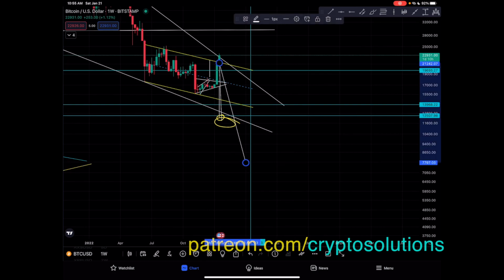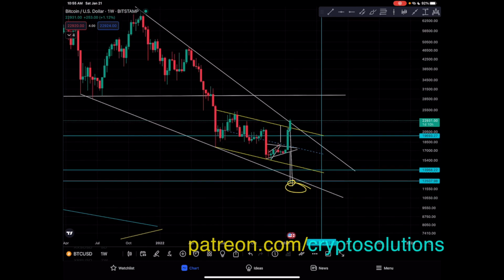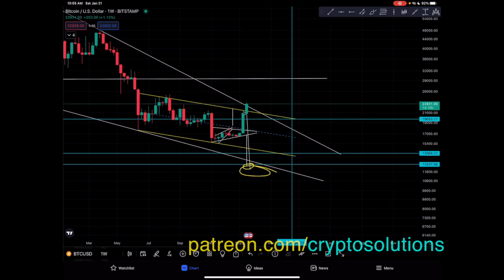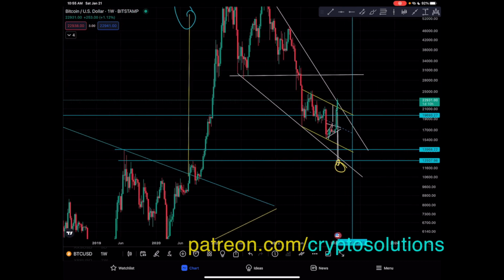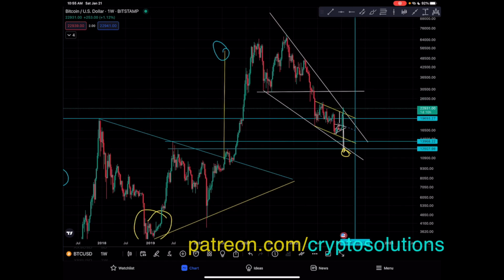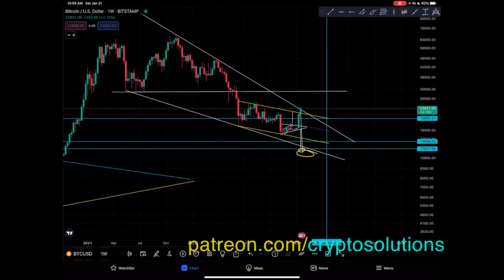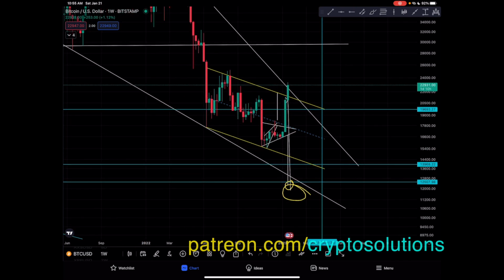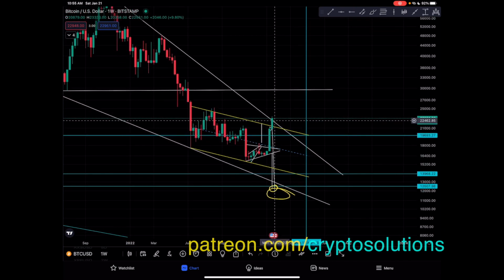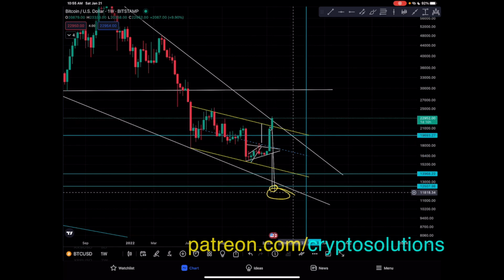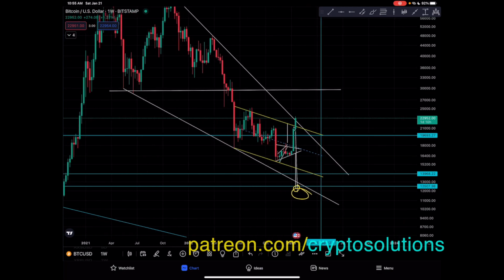Okay, no. The reason why I'm saying no to that is because there's not enough technical evidence having confluence with that, so that will not be another target. No, because of this green weekly bullish scenario right there. So if this bear flag were to not get invalidated right here, then that would be the price target all the way down around $11,800 for the Bitcoin price right there.